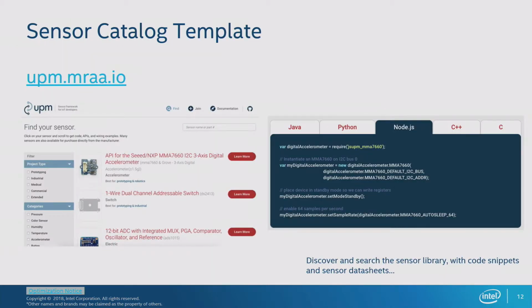So how about for industrial partners? We also have this thing called the sensor catalog template. Basically it's a UPM website, in the sense that it shows you a collection of all the sensors that are in UPM. It's fully open source as well. You can get the code to this website. It lists all the sensors. You can filter by connection type, by manufacturer, and by the type of the sensor.